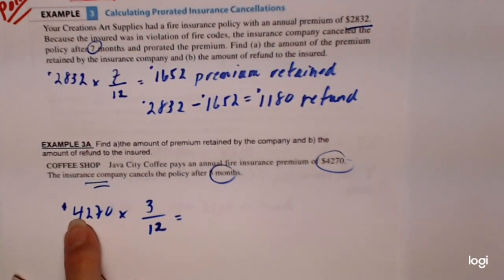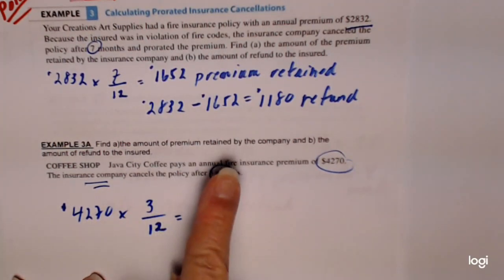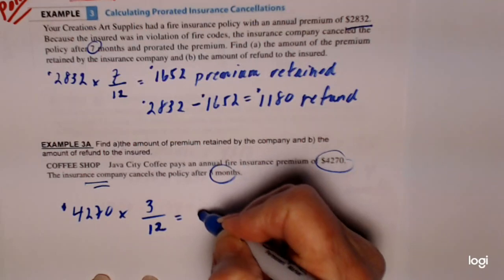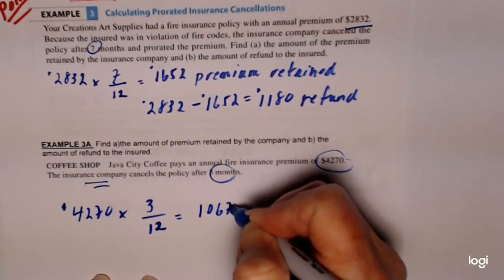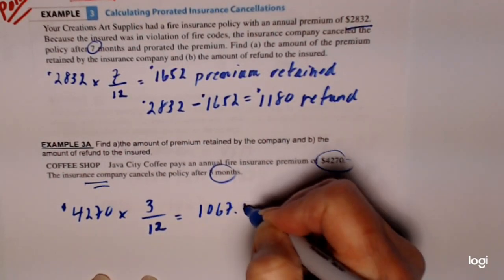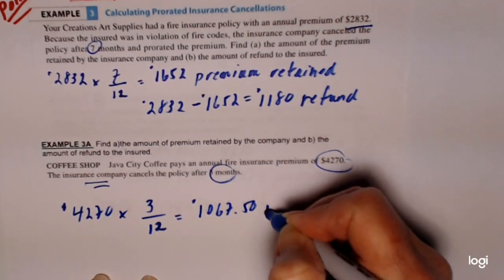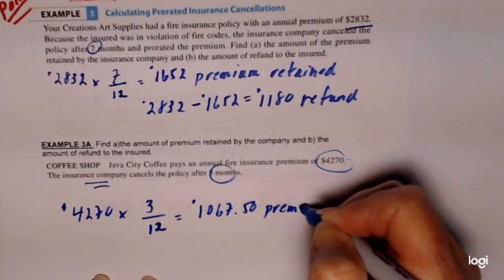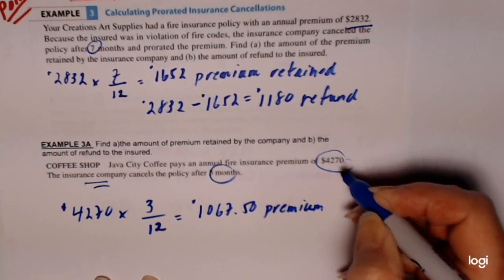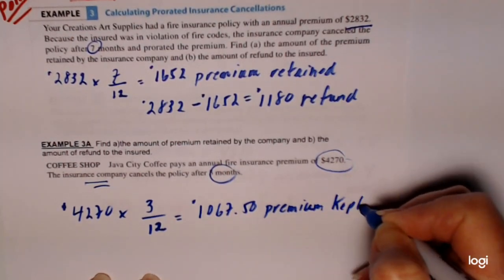So multiply your 4,270 times 3, take that answer, divide by 12, and you get $1,067.50, which is the premium retained or the premium kept